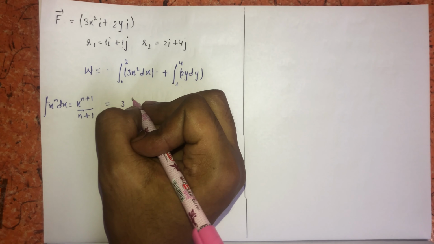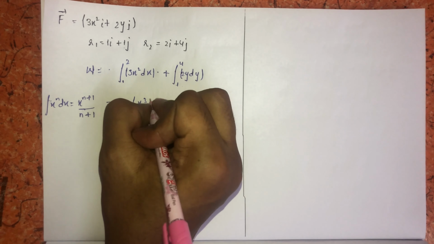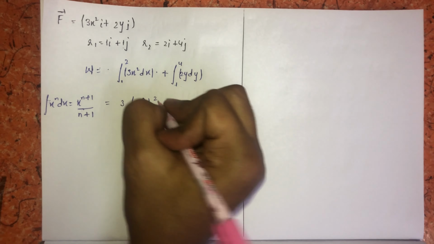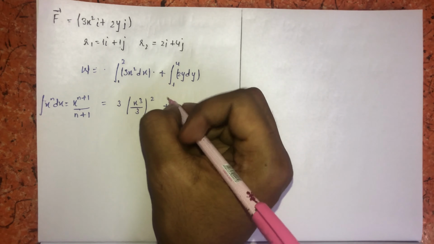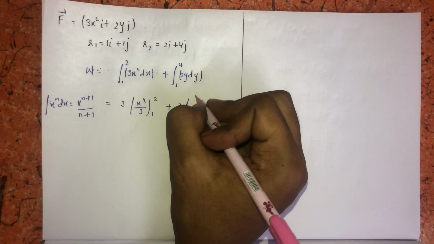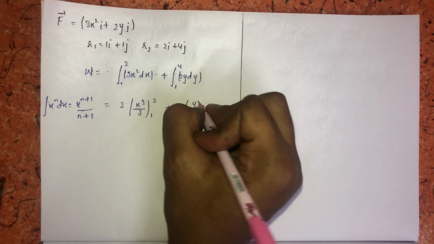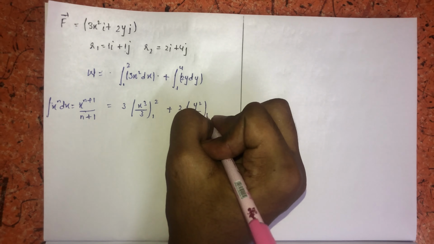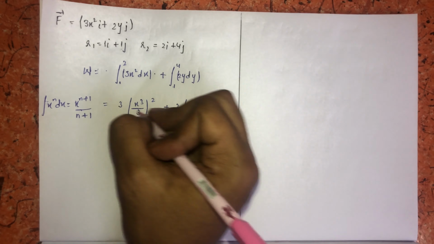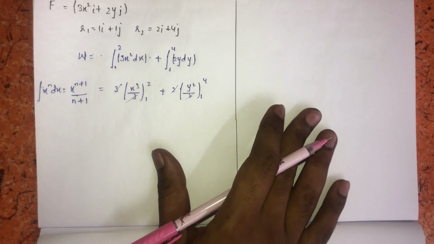Integration of x square dx is x to the power of 3 by 3, taking the coordinates from 1 to 2, plus 2 is constant, 2 is taken out. Integration of y dy will be equal to y square by 2, taking the coordinates from 1 to 4. The 3s get cancelled, the 2s get cancelled. Now substituting the value of